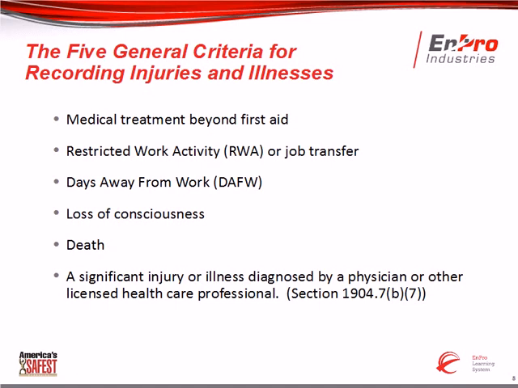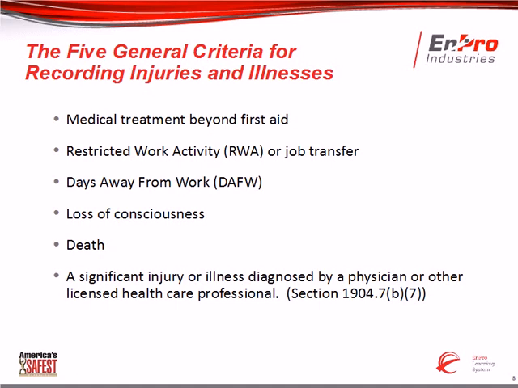And those 5 are, first, that the injury or illness requires medical treatment beyond first aid, and we will talk about not so much what is medical treatment, but specifically what is first aid. OSHA clearly defines what is first aid. If it's not on that list, it's most likely medical treatment. Second, restricted work activity or job transfer. And really where this gets to be somewhat confusing from the employer's perspective is that these work restrictions may be imposed by the employer or a medical professional. And in either case, they could turn into a recordable injury.